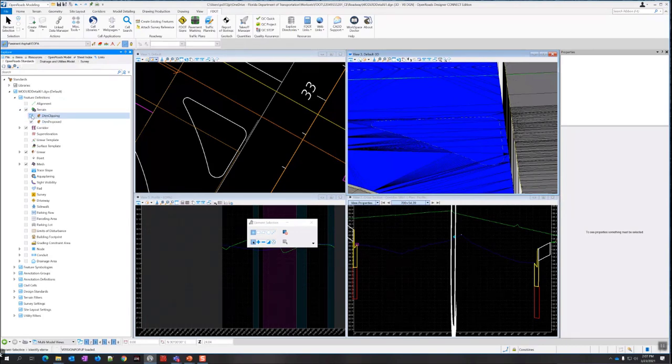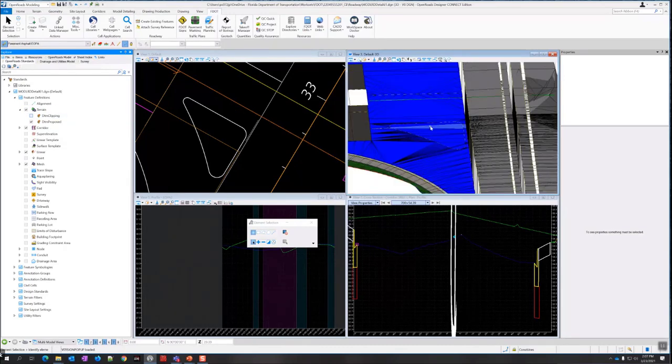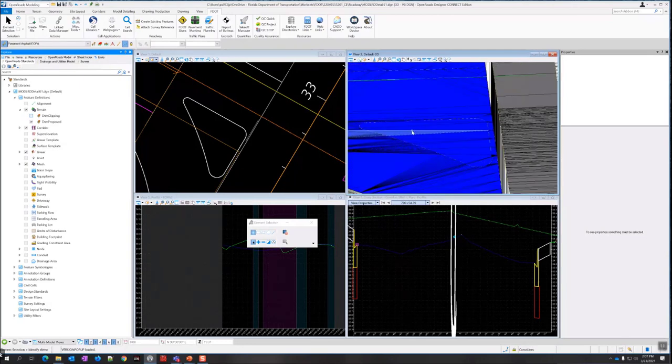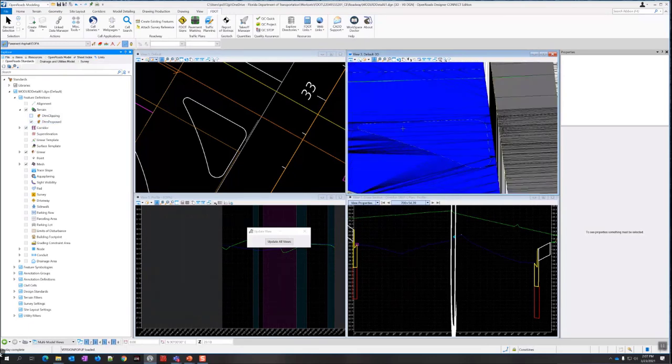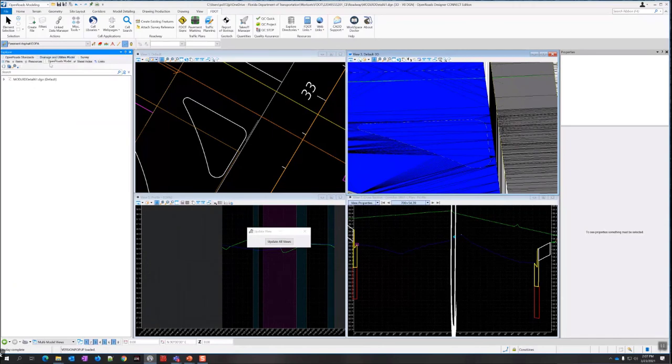So I can just toggle off DTM clipping, and if I give it a second, it should not display that. I may need to update the view. Assuming everything's set on the right feature definition, it may not be set correctly, but that's theoretically the way it's supposed to work.